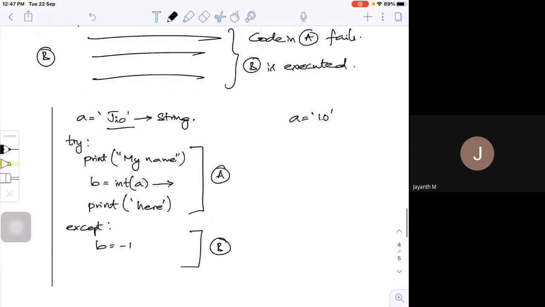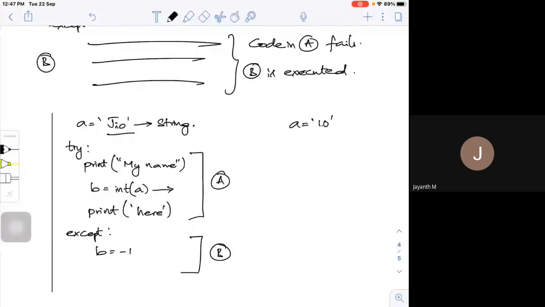So if it fails, it fails. So here all the lines, maybe the code lines will not work. So that means in the try, this fails. So what it will go, it will see whatever I'm going to, so that means it will go to except commands and it will try to execute this, what is there.